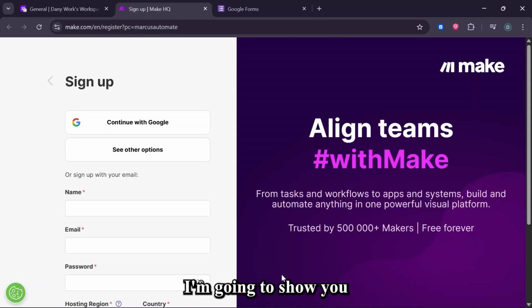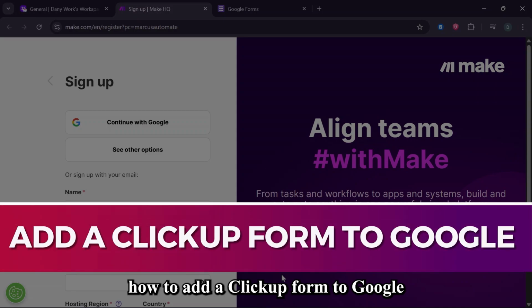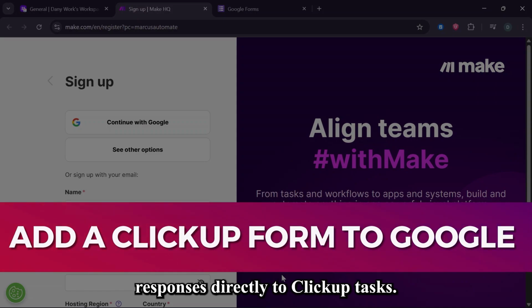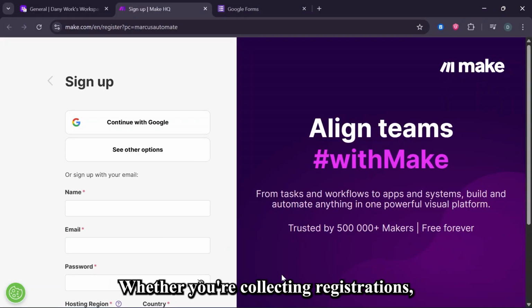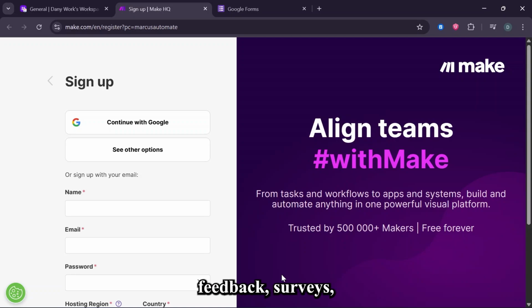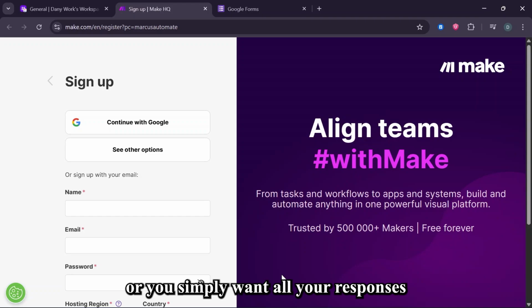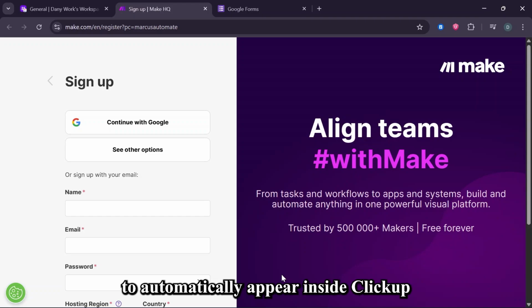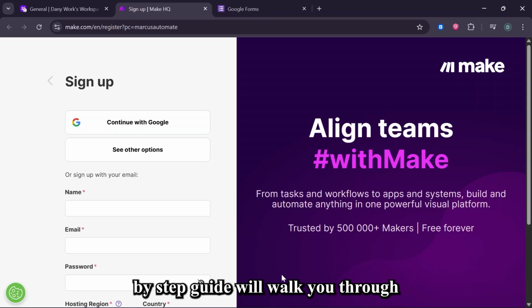In today's video, I'm going to show you how to add a ClickUp form to Google by connecting your Google form responses directly to ClickUp tasks. Whether you're collecting registrations, feedback, surveys, or any type of information through Google Forms, or you simply want all your responses to automatically appear inside ClickUp without doing manual copy-paste, this simple step-by-step guide will walk you through everything you